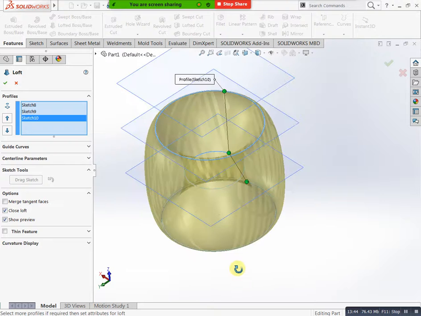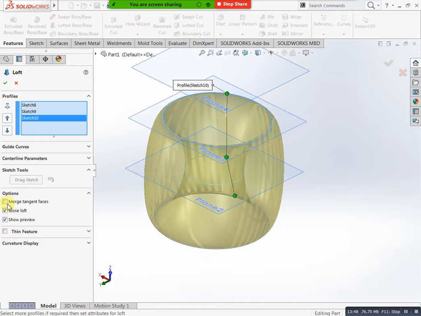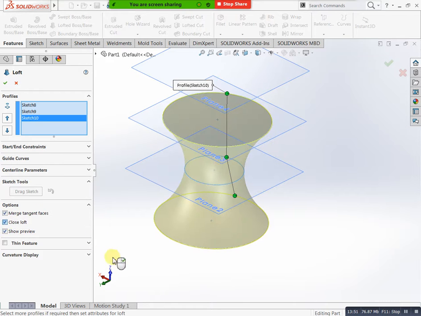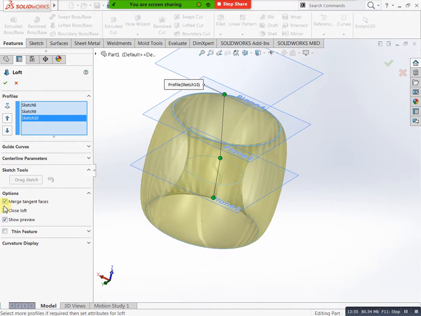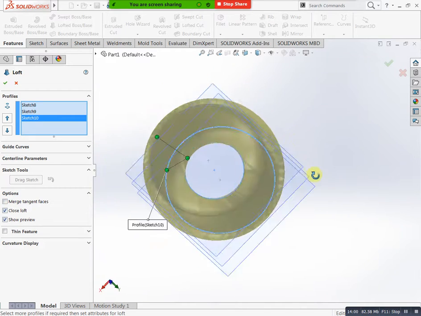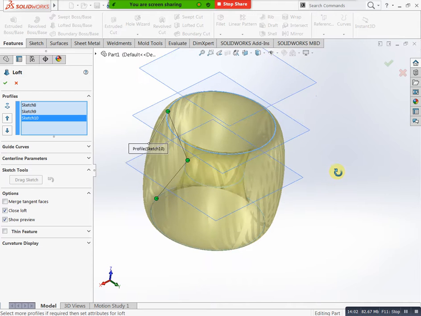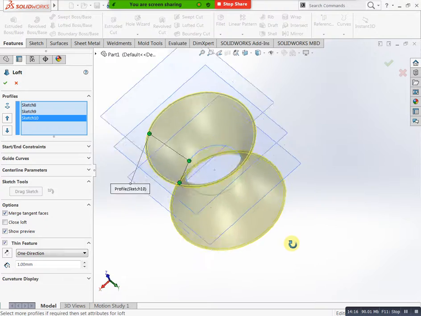If you need, for example, a thin feature, go to merge open loft. In this open loft, if you need any thin feature, like 5 mm thickness of the model or 1 mm thickness of the model, in that condition you can go with this. For example, you will take bodies: bottom we have one design, top we have one design, and middle we have one design. That type of situation also you can prefer loft, depending upon the requirement. Here we have 1 mm thickness. If you need 2, you can mention 2 mm thickness, then you can do finish.